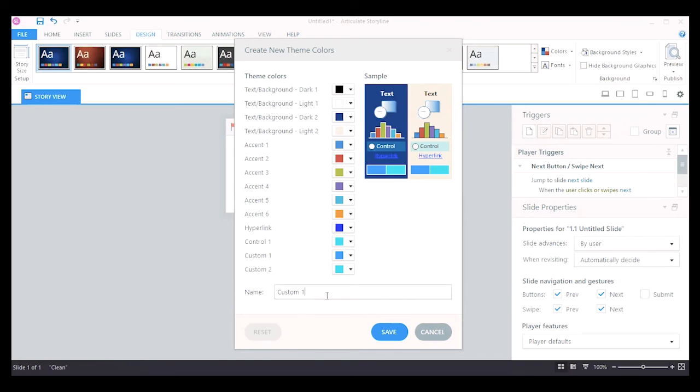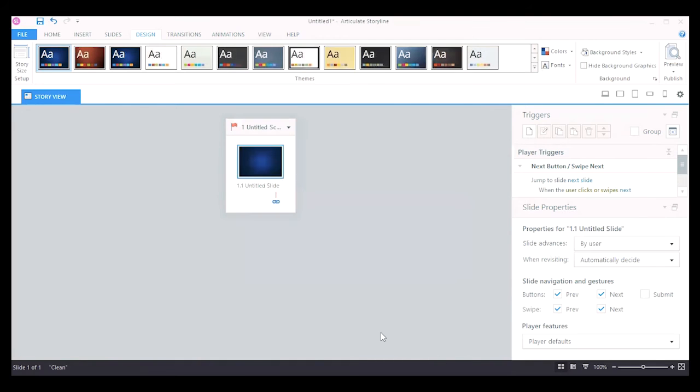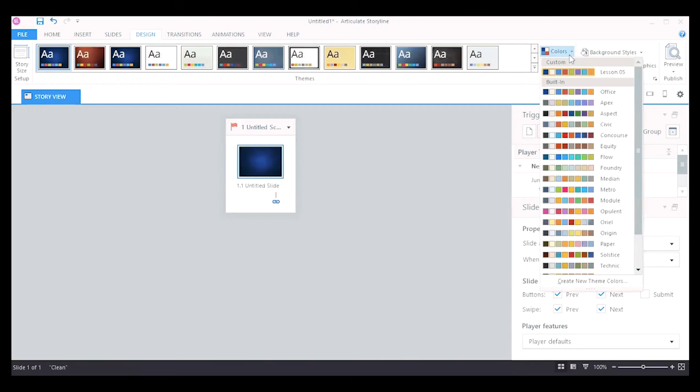So we can have a theme that is, for example, lesson number 5, and we can save it. And then if we go back to the color option, we can see that we have an option of a customized color palette, and that is labeled as lesson 5.